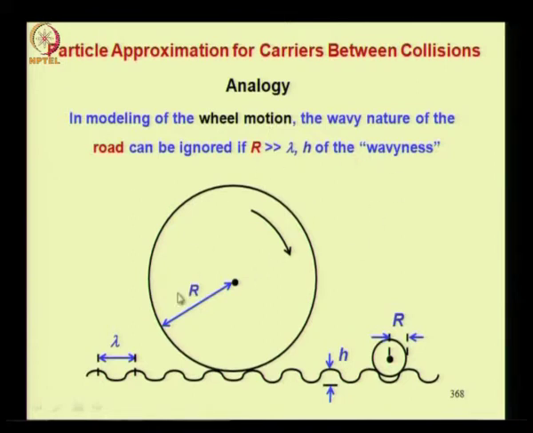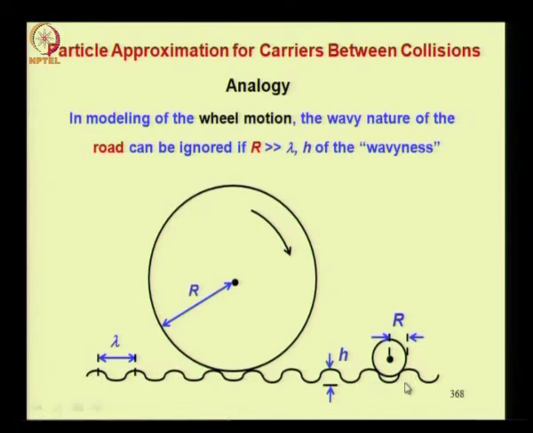Consider a wheel moving over a road that is wavy. Lambda is the wavelength of the road and h is the height of this hump. Now if the radius of your wheel r is much greater than this lambda, then you really do not have to consider the wavy nature of the road, you can regard the road as flat. On the other hand, if your radius is really small and is of the order of the wavelength lambda, then you see that the wheel will try to follow this wavy nature, right, hump, and therefore this wavy nature would